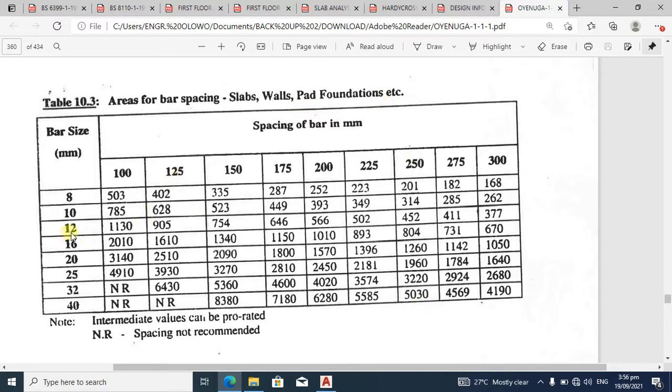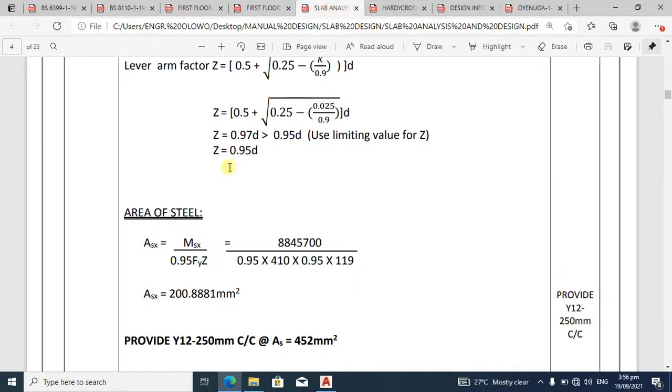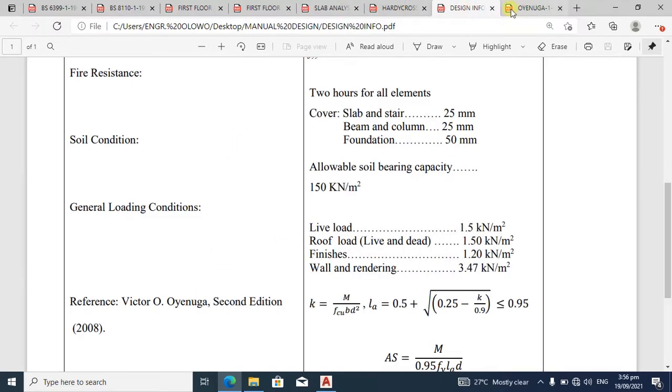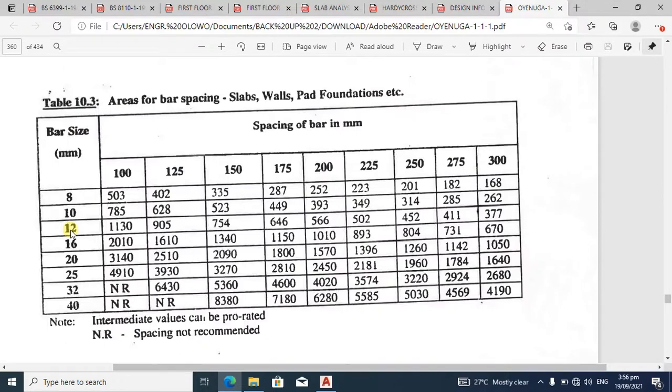Remember, we assumed 12 millimeter for our slab, and remember for the calculation we got 200.888 millimeter square. So the next thing we are going to do now is to trace the value we assumed for the diameter of our slab to a value that is very close to the area of steel we got